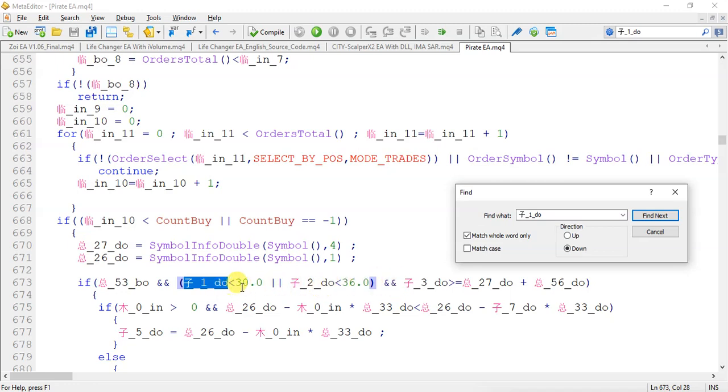If these values are less than 30 and 36 and 3_do greater than or equal to this price level, this variable is loading iMA value. Now I click the direction up and confirm what this